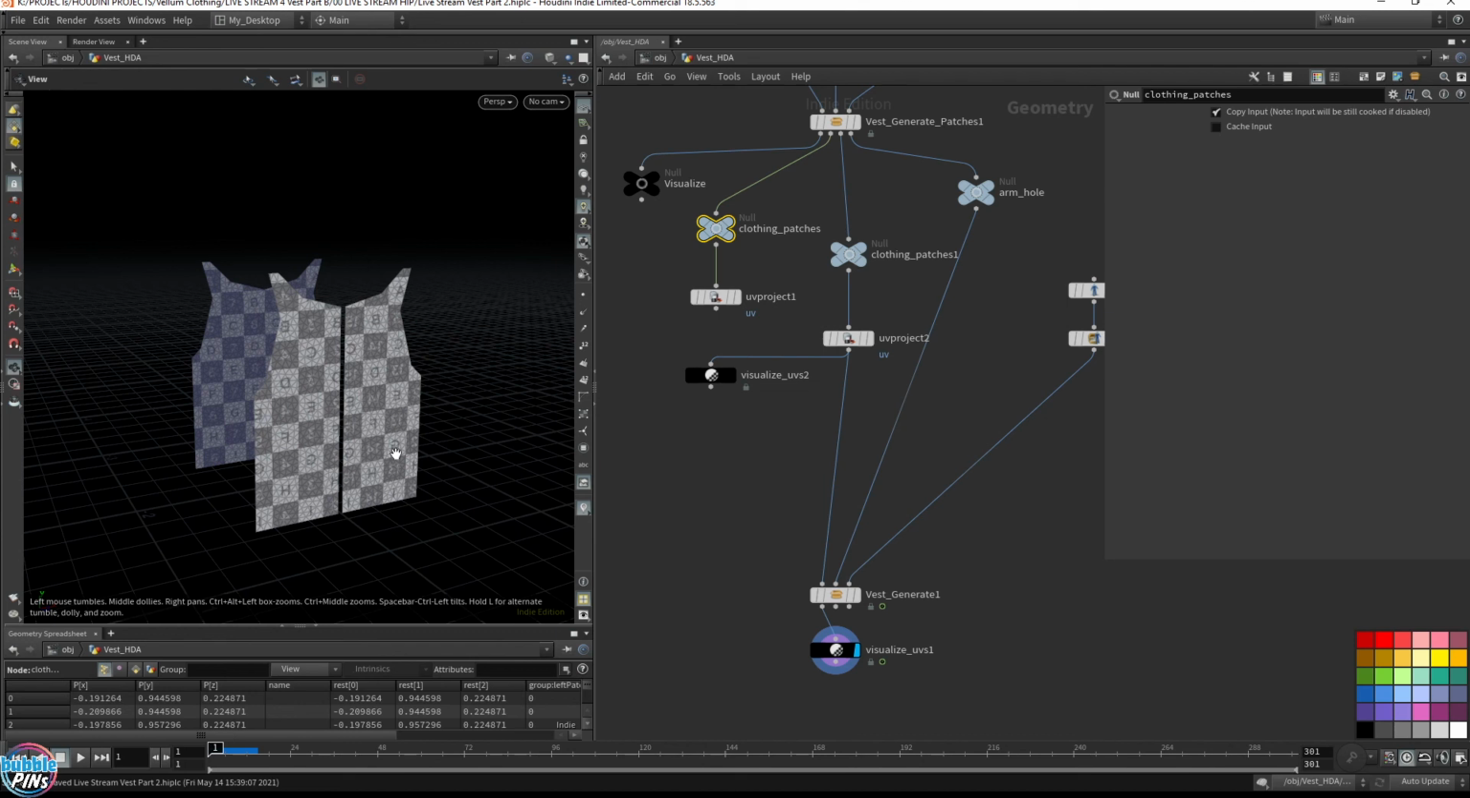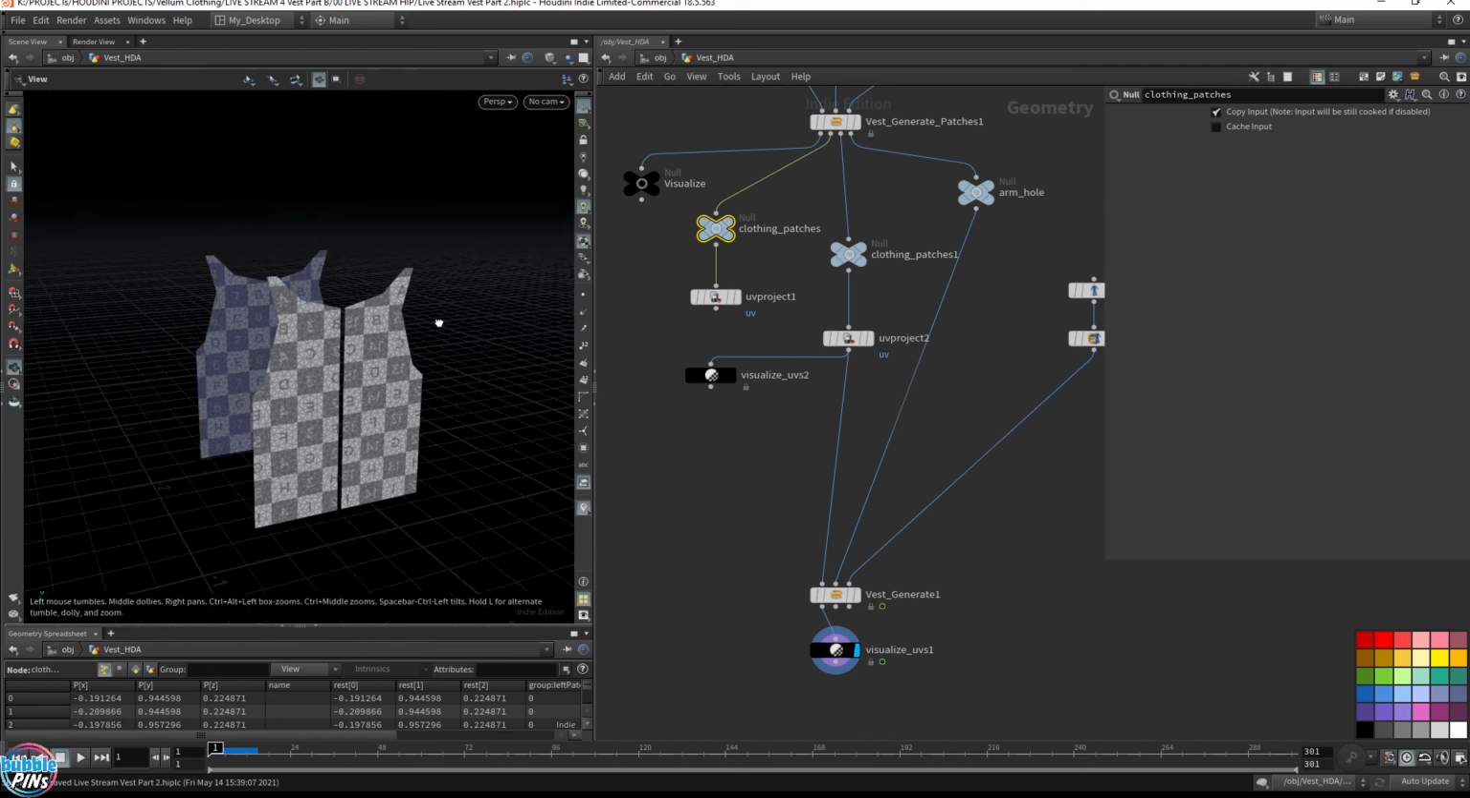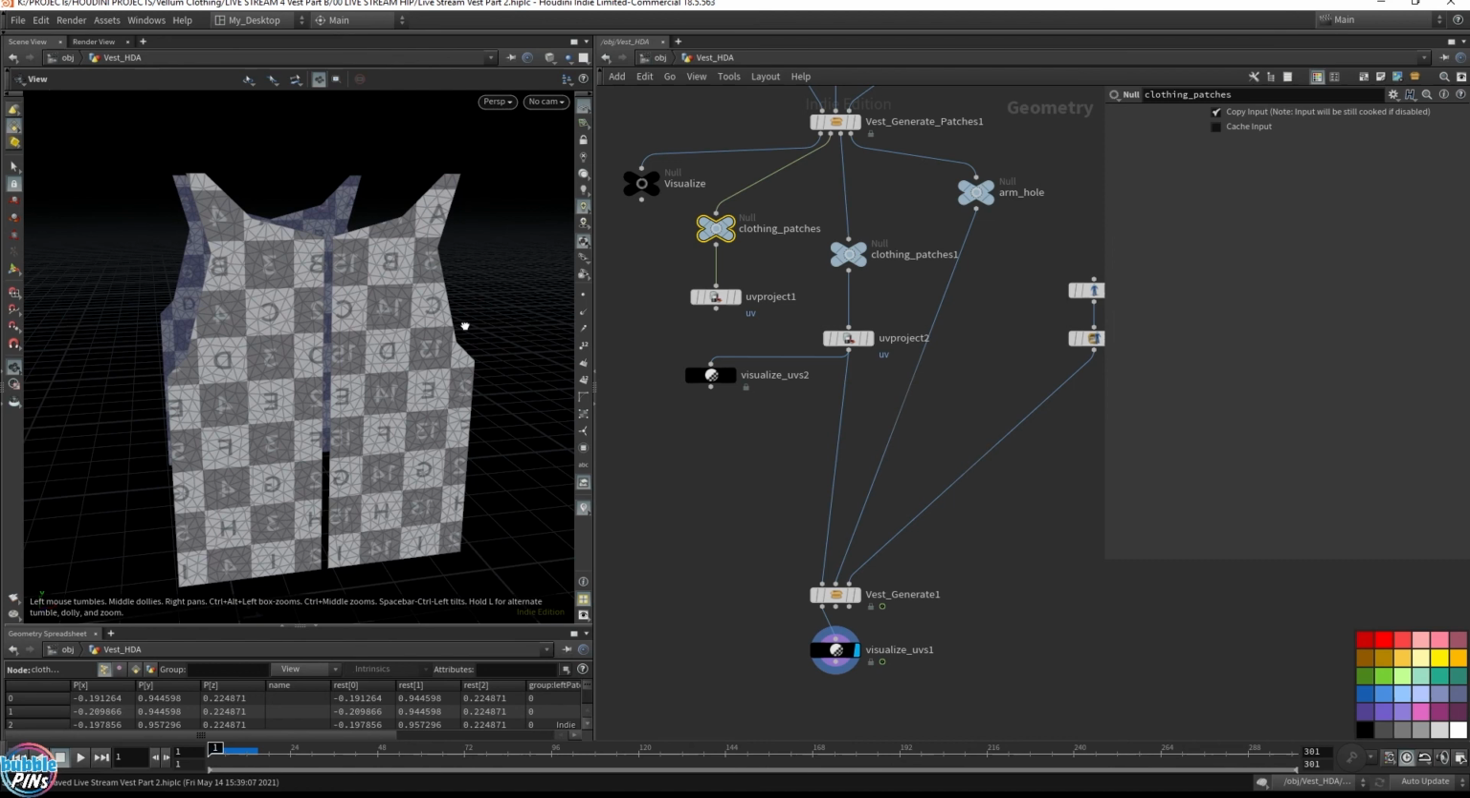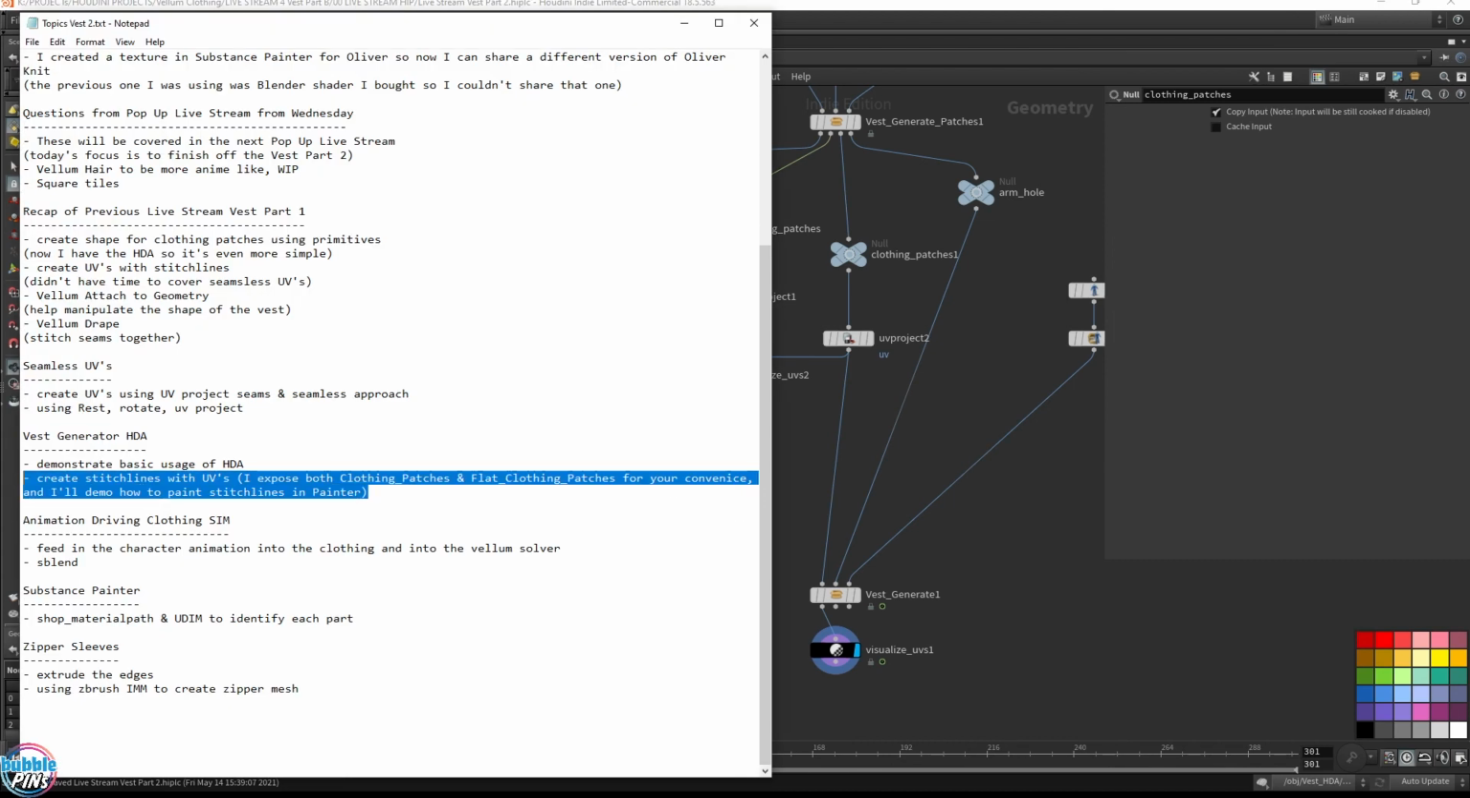And I'm going to be releasing the teddy bear with the texture, so you can try and create a vest for Oliver, and then, I don't know, throw in a picture. Throw in a texture on it. I can demo how to paint the stitches in Painter. I don't know if anyone's interested in that, or you want to see me